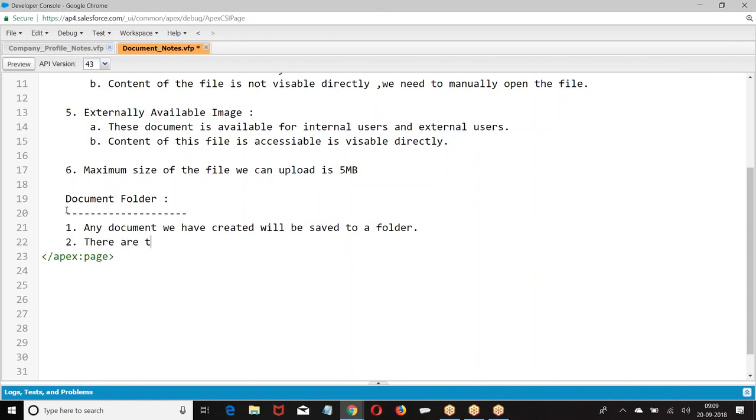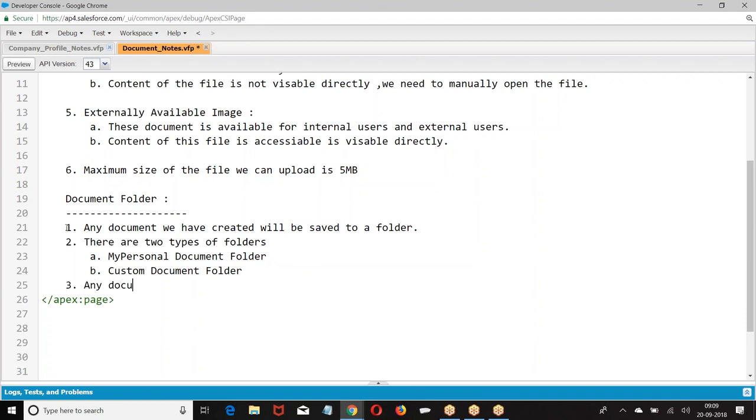There are two types of folders: my personal document folder and custom document folder.